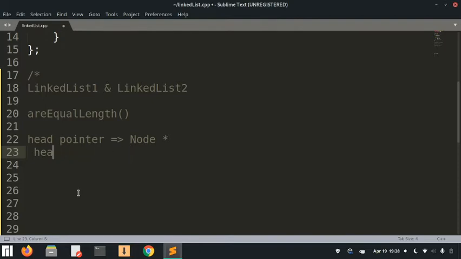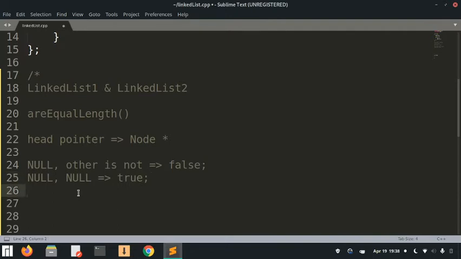So let's just go ahead for singly linked list and discuss how we will see if two given linked lists are equal in length recursively. So the thing that we are going to do is, well, if one of the linked lists is null and the other is not, then we know that the answer is very well that they are not equal, so we will return false. Okay, and if both of them are null, we know that the answer is true. Both of them have the same length, which is 0.